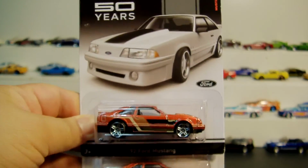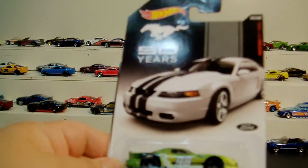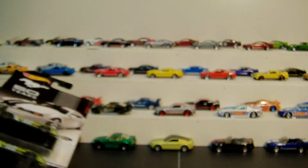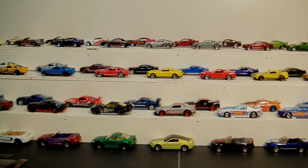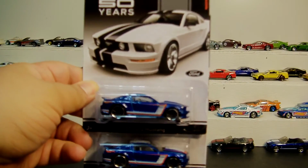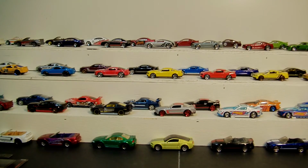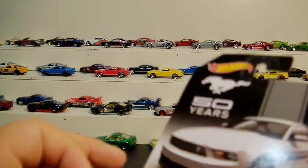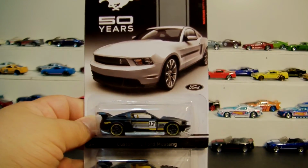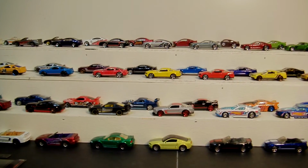Number 4 there. The 03 Cobras. Like I had said in my haul video, I really wish they would have made every single car in white just to match the cover. That would have been amazing. That would have been an amazing collection. Some people might say, well, that's boring, but I don't know, I think it's kind of cool. They could have still had, you know, their stripes and whatever not, but they should have made them all white just like the cover. That would have been better. And then last but not least,